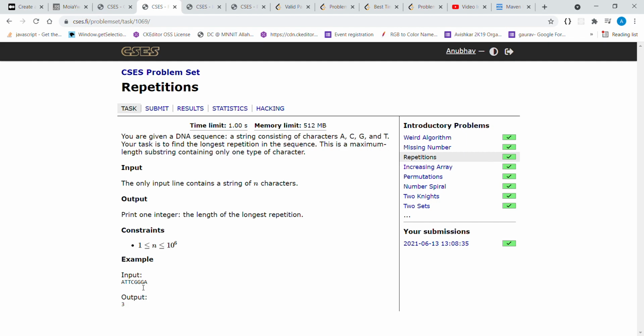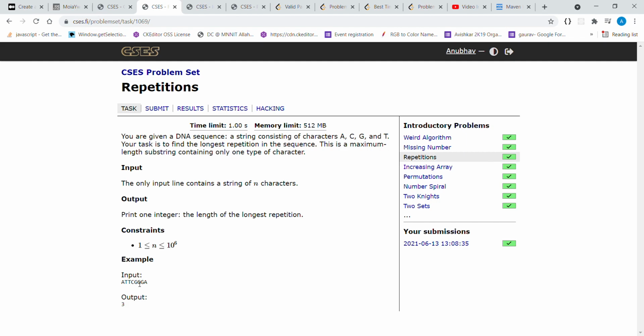So j will increase and become 4, and j minus i, 4 minus 3, equals 1. Now answer wouldn't be required to be updated as answer's original value was 2 and we are getting j minus i as 1. So answer is greater, and we don't need to update that.